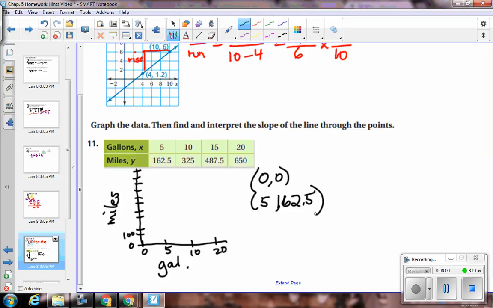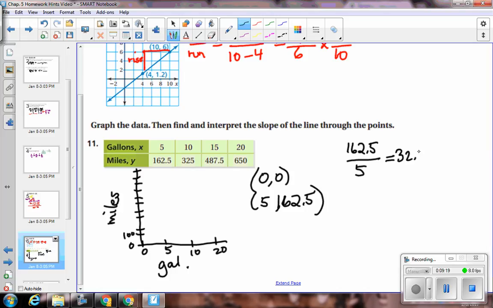And when I find my change in y, we know that's going to be 162.5. And we're going to divide that by our change in x, which is 5. So we're going to end up with a slope of